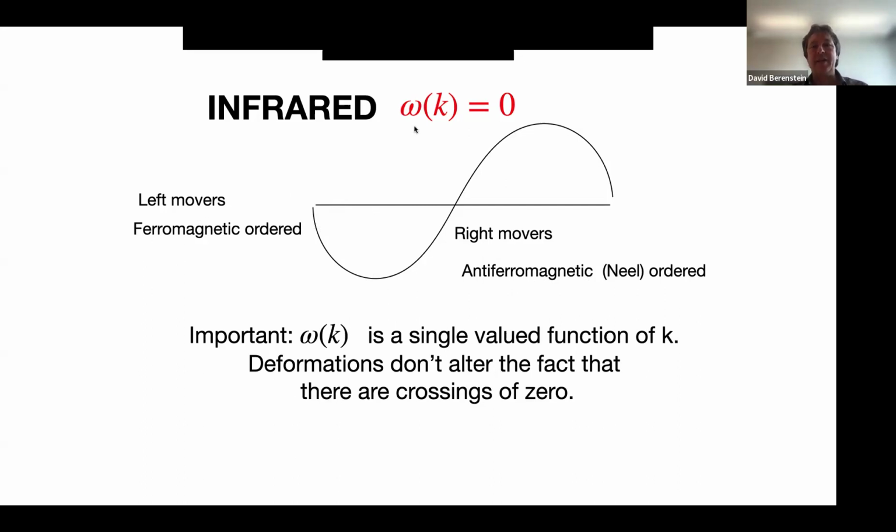And now, if you take this system and you deform it, or you do perturbative computations on top of it, so long as you keep translation symmetry, omega of k will keep on being a single valued function of k, so long as your quasi-particle picture is a good picture. And therefore, if it is positive at some value, because k goes to minus k being conjugate modes, then omega of k will also be negative at some other values. And then the crossings of 0 have to persist. So perturbations do not modify this graphic